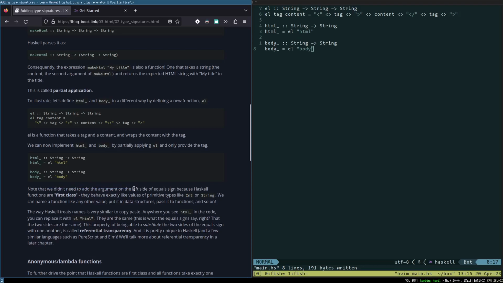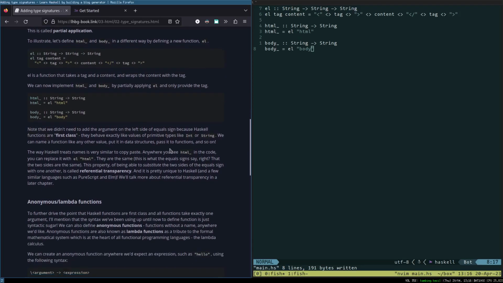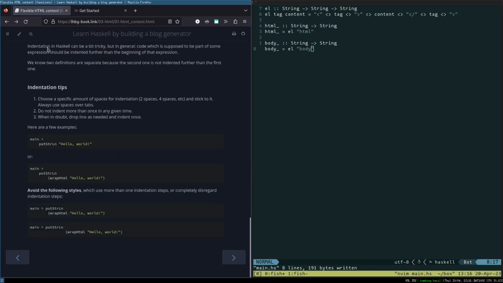Note that we didn't need to add the argument on the left side of the equal sign, as Haskell functions are first class. The way Haskell treats them is very similar to copy paste. Anywhere you see HTML code, you can replace it with L HTML. To do that,